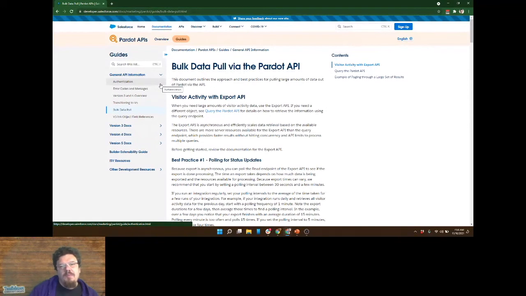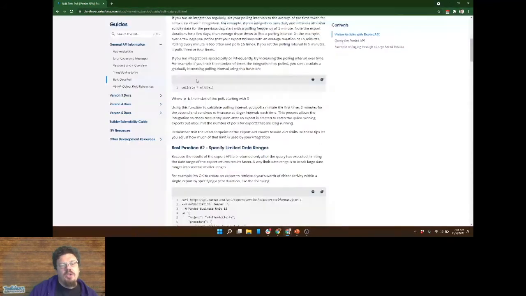This bulk data pull is an older way of doing this. At this point, I use the Pardot API export, which is a fairly new capability, within the last year or so. It's just a different way of getting this, but it's something to be aware of when we're dealing with large amounts of data. There are techniques that we want to use, such as the bulk data pull or the export. We have the version 3, version 4, version 5 docs.